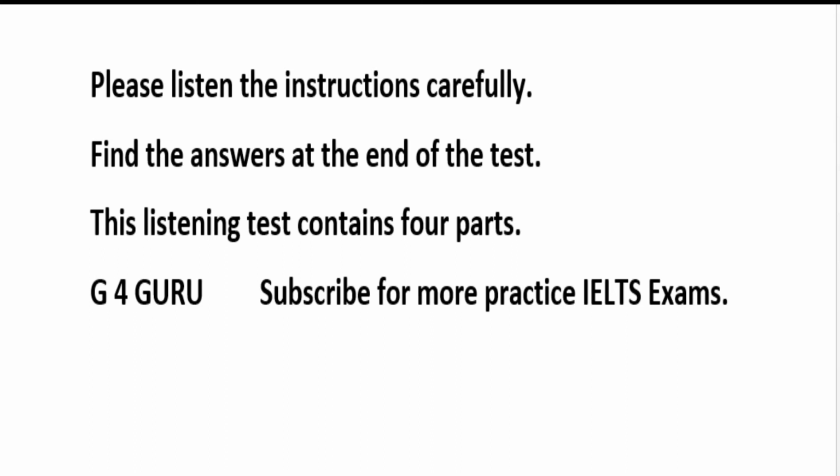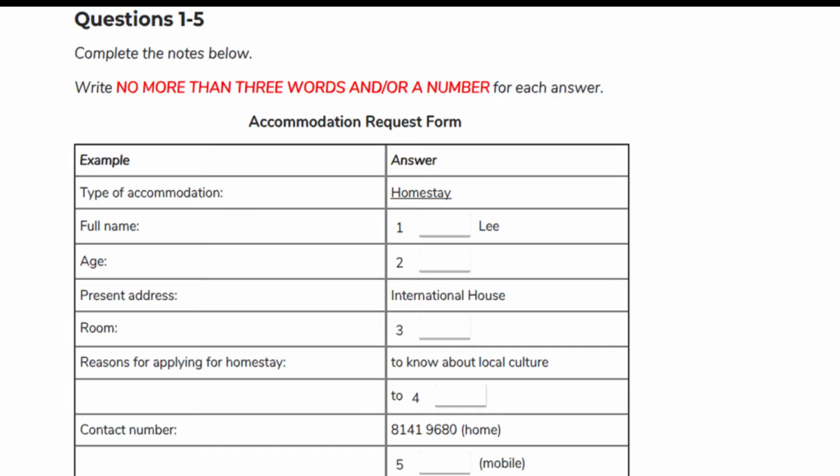Instructions. You are going to hear a number of different recordings and you will have to answer questions on what you hear. There will be time for you to read the instructions and questions, and you will have a chance to check your work. All the recordings will be played once only. The test is in 4 sections. At the end of the real test, you will be given 10 minutes to transfer your answers to the answer sheet. Now turn to Section 1.